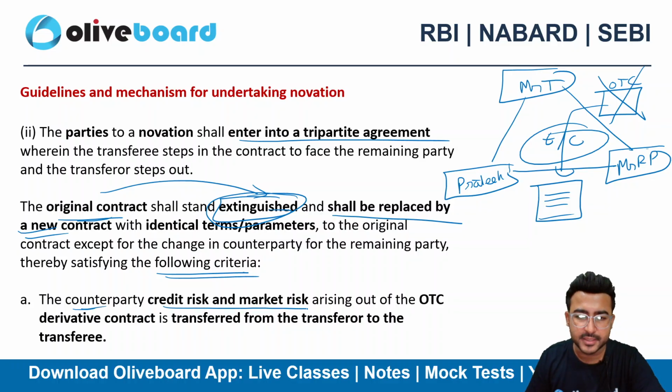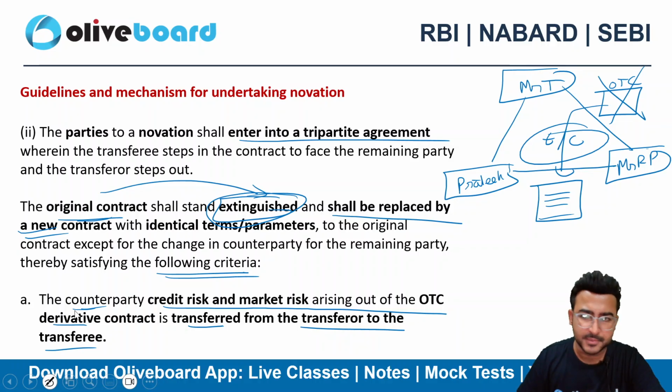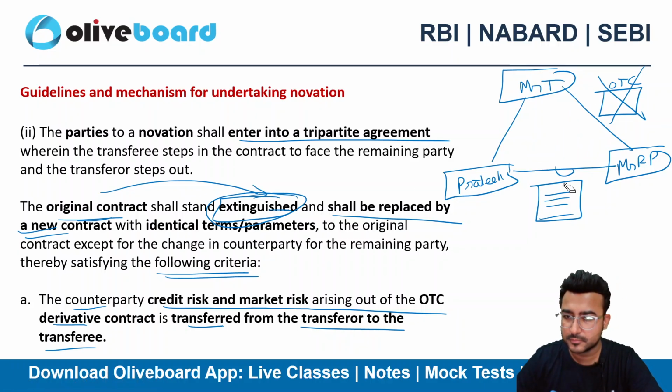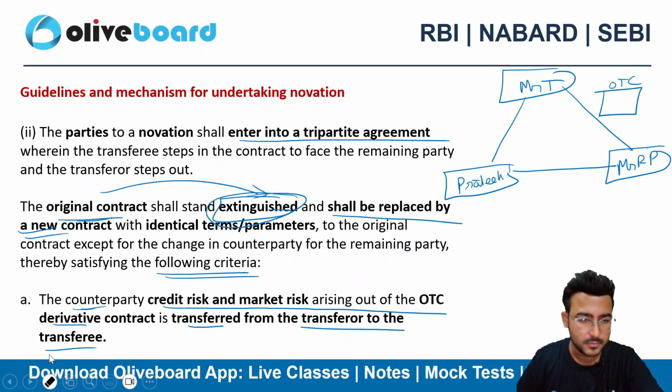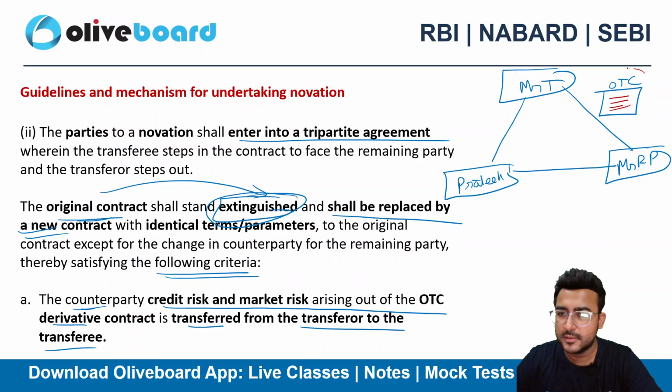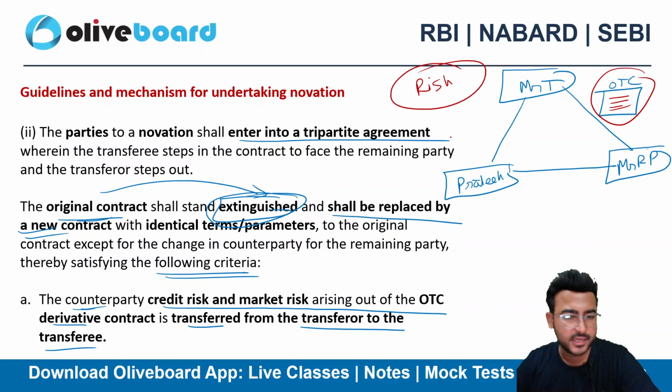And you need to follow the specific criteria as well. The counterparty credit risk and market risk arising out of the OTC derivative contract is transferred from the transferor to the transferee. समझना बात को। This particular contract is having certain types of risk and rewards, is having definitely certain types of risk. It can be credit risk, it can be market risk. So this risk should be transferred from the transferor Mr. T